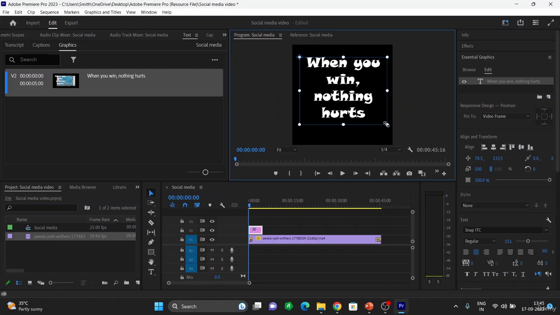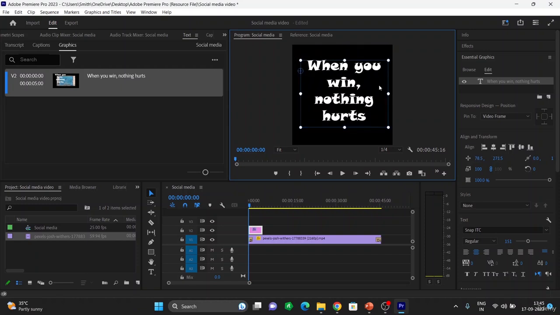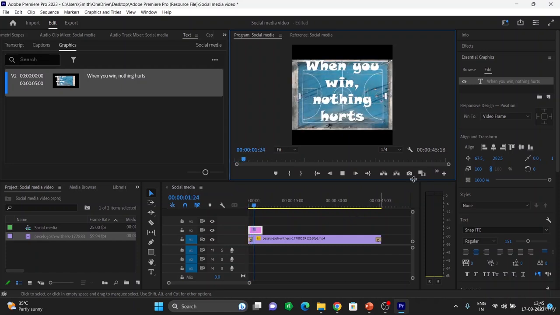I will keep this one here. And now I'm going to also increase the box size from the top. And I'll select this one from down. And here at the same place, I do have this particular quotation here. So now I want to move this box to the center. I can do that as well. But once I play this particular video, here you guys can see I am not able to differentiate